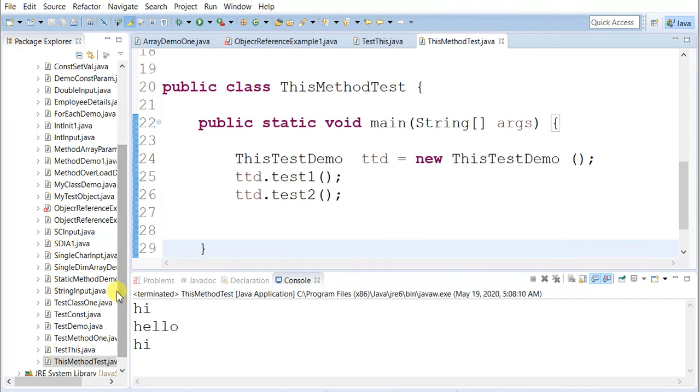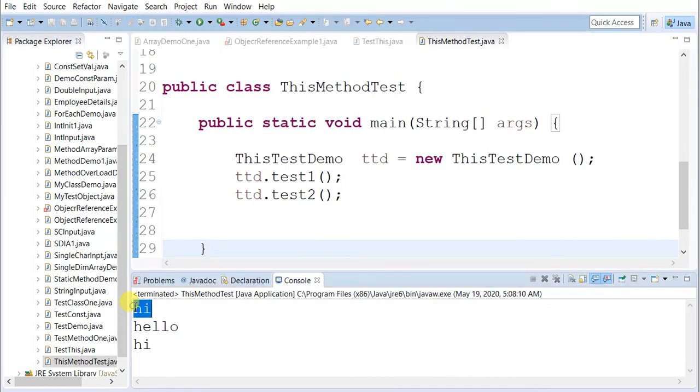Yes, see this output. Fine. I hope it is clear, and I hope we understood how this keyword can be used to access or invoke the current class method. Thank you for watching this video. Happy learning.